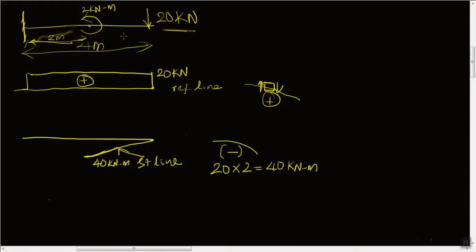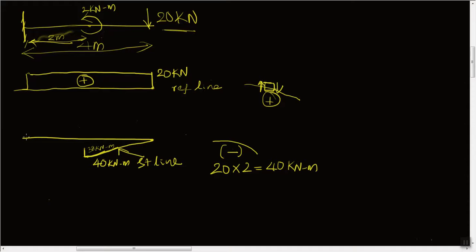and this 20 kilonewton load is causing a clockwise moment, while we have this 2 kilonewton meter, which is a counterclockwise moment. So its nature is opposite compared to this 40 kilonewton meter. So we have to go up by an amount 2. Okay, here if we go up by an amount 2, we are at 38 kilonewton meter,